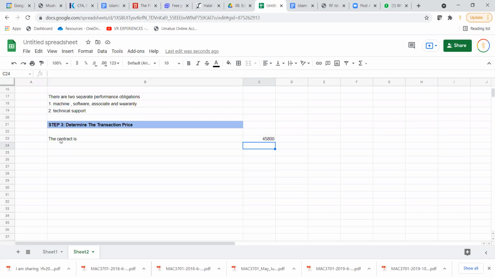I'm thinking that's Zimbabwe dollars, right? Okay, so the contract price, I'm just going to say dollars. Okay, so the contract price is $45,800. But what do we know? This price includes VAT,